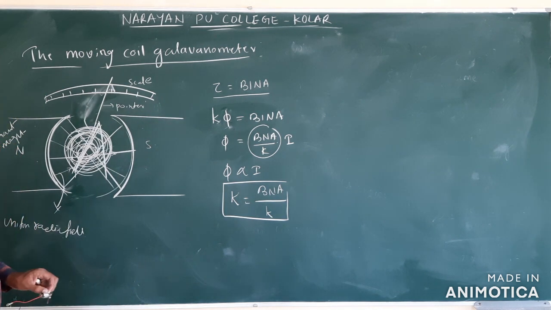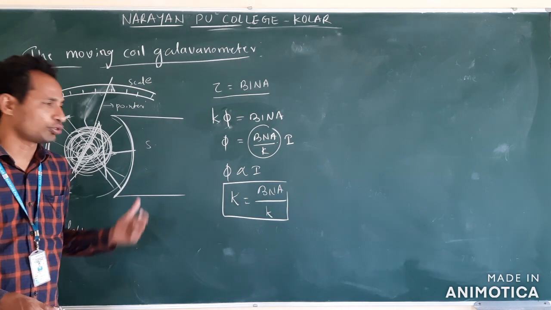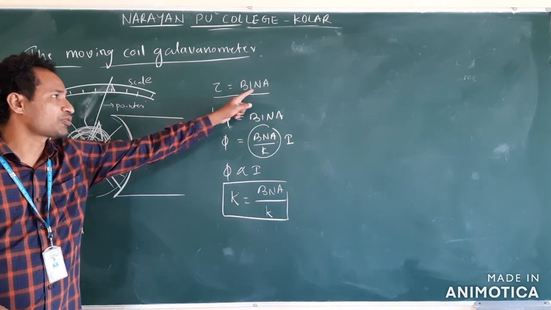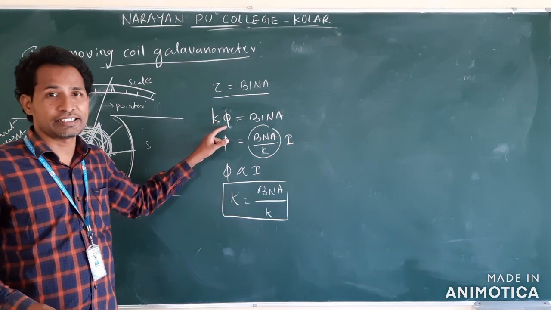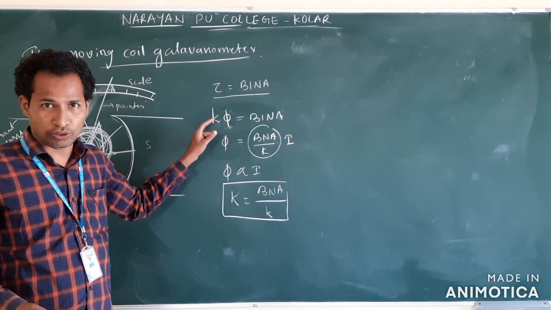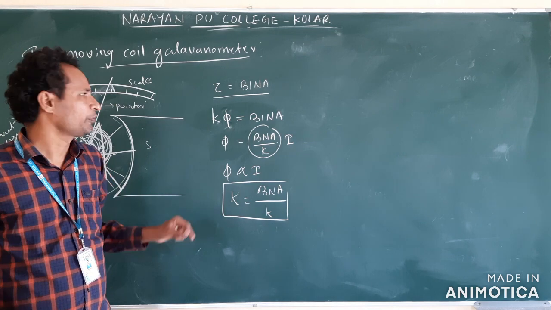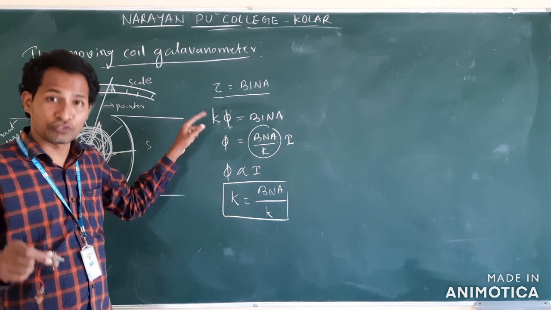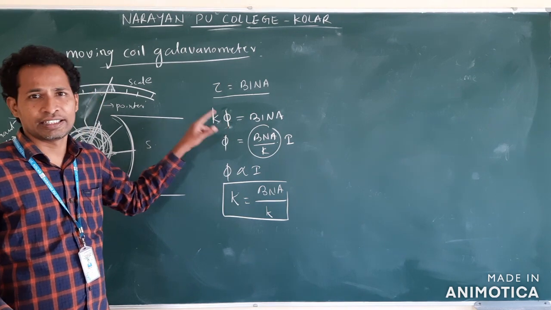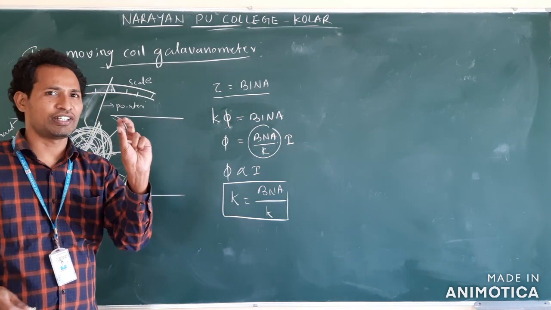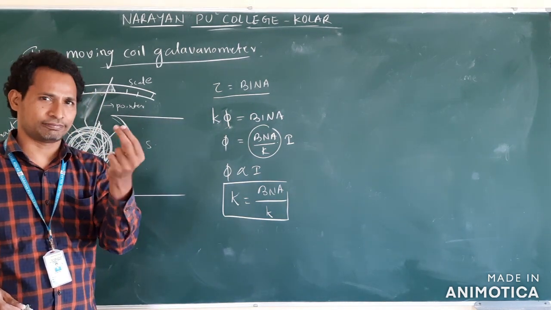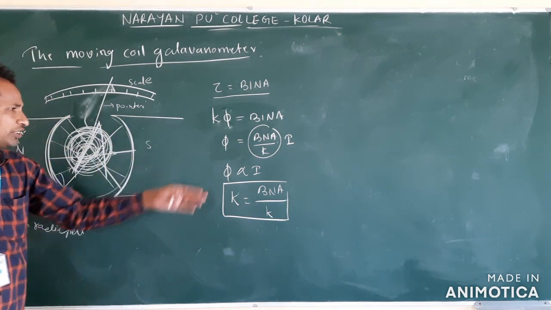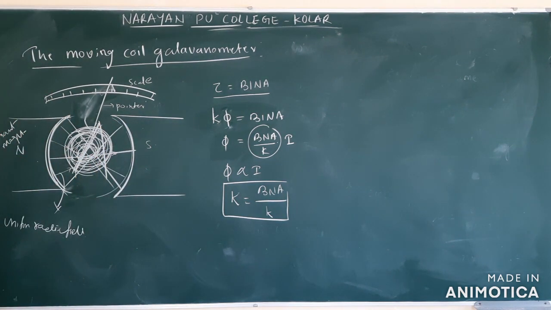So this video I expect for 5 marks. Explain galvanometer. So draw the figure and write the maximum torque. K phi is the restoring torque developed in the horizontal thread or spring. K is the constant, the restoring force constant. Phi is the deflection. Clear? Deflection in the sense it is rotation. Understand? So this is the galvanometer formula and principle.